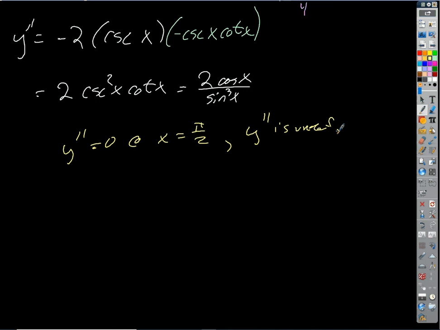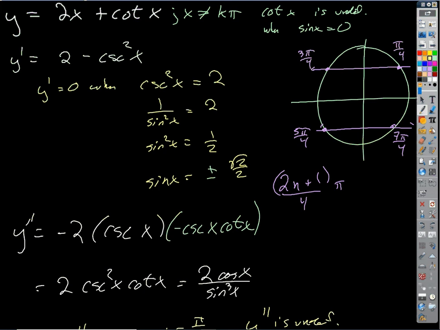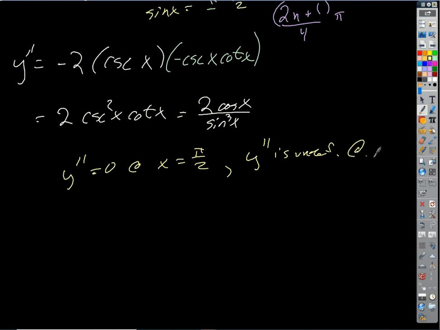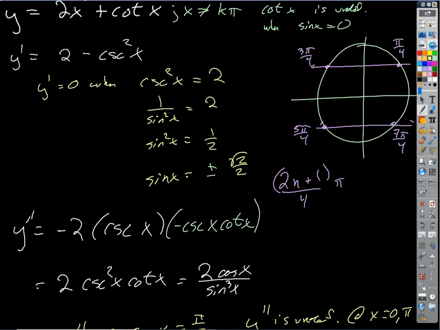It's going to be undefined when sine is 0, unsurprisingly, right? That's what I meant, so that's going to be at 0 and pi. Why? Well, because the function has asymptotes there, so you can't define a second derivative where you have an asymptote. Okay? I won't even write that part, I guess I will. But okay, so if we add this stuff to our table then,